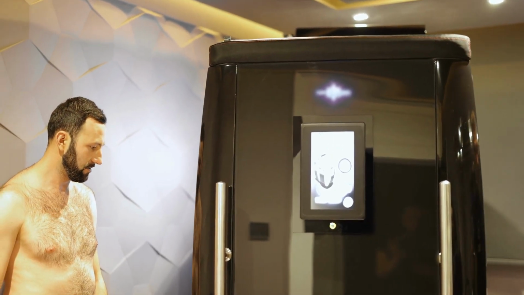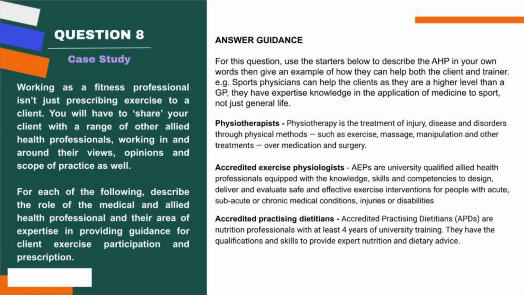Now, an exercise physiologist. Their area of expertise is exercise prescription. So think of them as the next level up from a personal trainer. They're able to help people with chronic conditions and prevent disease, as well as just trying to improve overall health and performance. They deal with the more complex medical conditions, or it may be someone has several medical conditions that make things tricky, or it may even, to us at times, seem impossible.